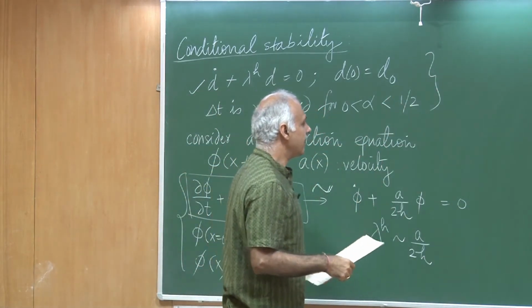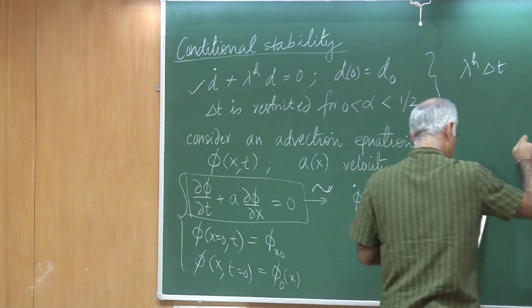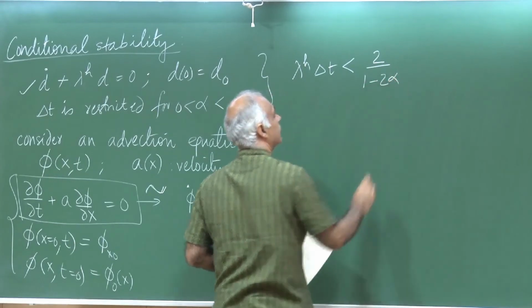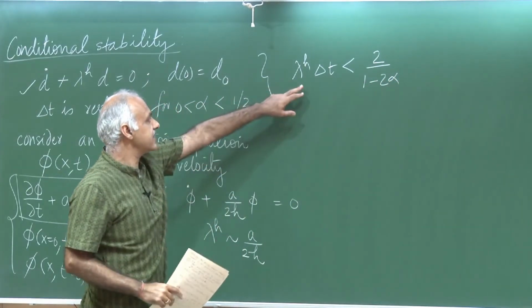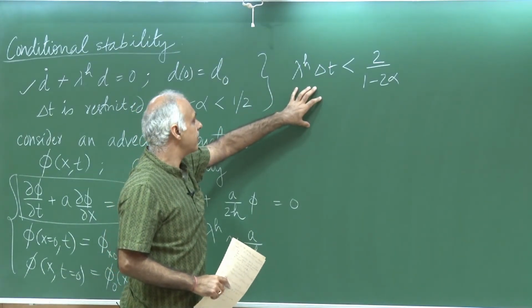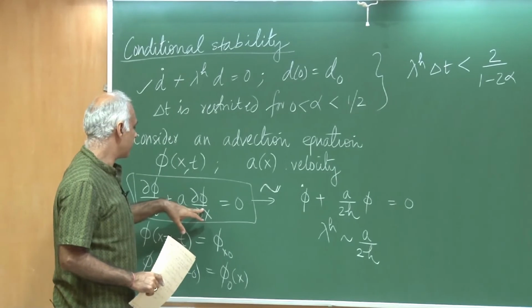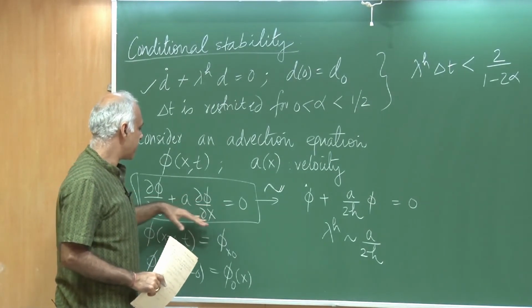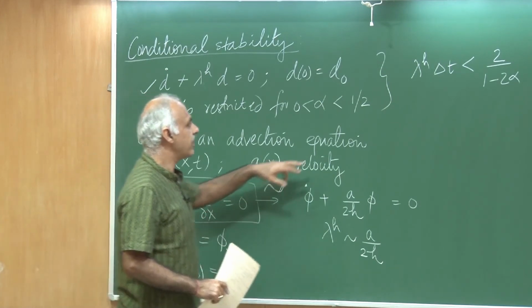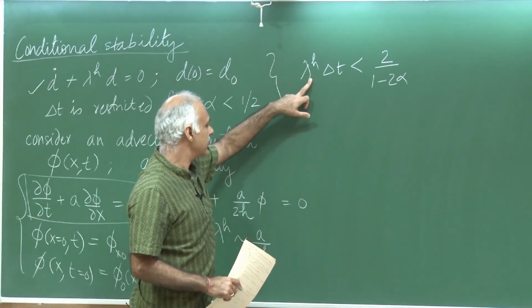So, for the generalized trapezoidal method, we said that lambda h delta t is less than twice of 1 minus 2 alpha. This was the restriction on the time step. And if we have a multi-dimensional degree of freedom system, like the one which we have talked about, a multi-degree of freedom system, so there is a continuous set of unknowns in x, then we must check for the most critical lambda h, okay, and that is not easy to do.